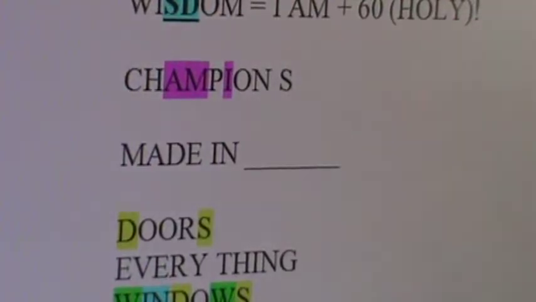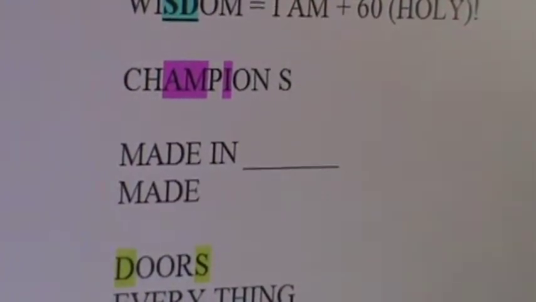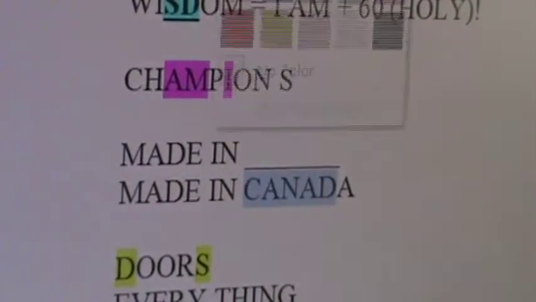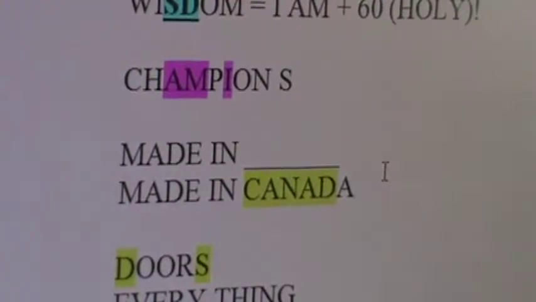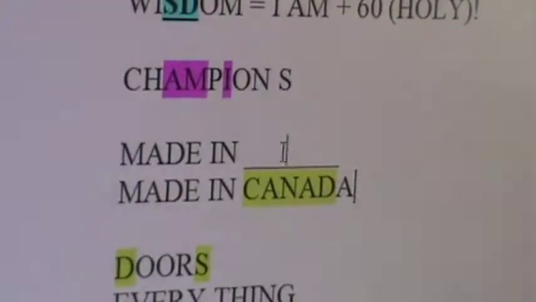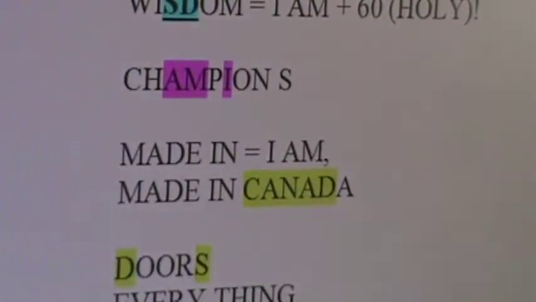over the universe. Now, I live in Canada, and so I'm here to glorify my personal country name, Canada. Here's your I am. You get your bonus A. We talked about that when you say I am Canadian. You add the I am. There it is. Made in. So this is an official equation, folks. Equals I am. I am. Glory to God. Done. I just solved the mystery of every single piece of made in text in the history